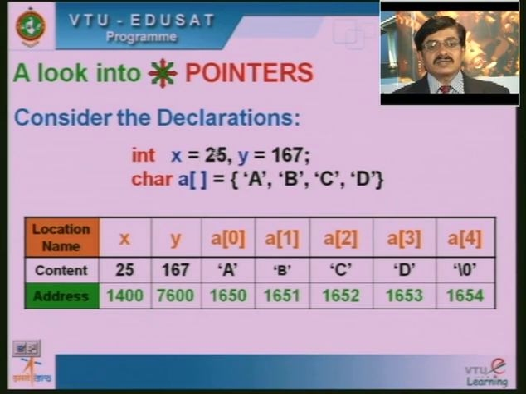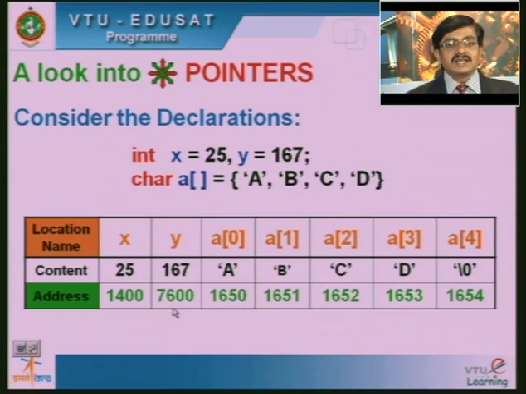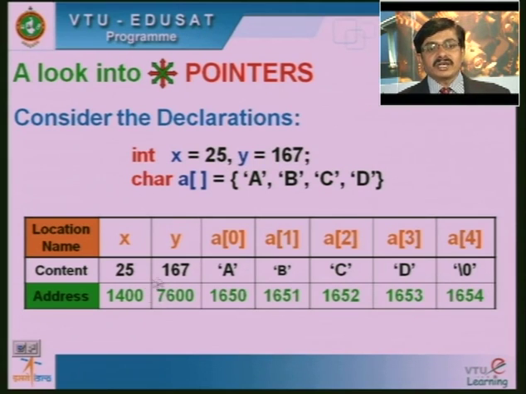And similarly y is also a variable of type integer, and it requires again 2 bytes of memory area, and this memory area is 7600. See, it is not a continuous memory area because it is not an array, they are normal variables. Only in the case of arrays do we have continuous memory area or continuous memory allocations. So maybe for the variable y, the address starts at 7600 and its next immediate byte will be 7601. Those are the 2 bytes allocated for the variable y, and the contents are 167 for y and 25 is